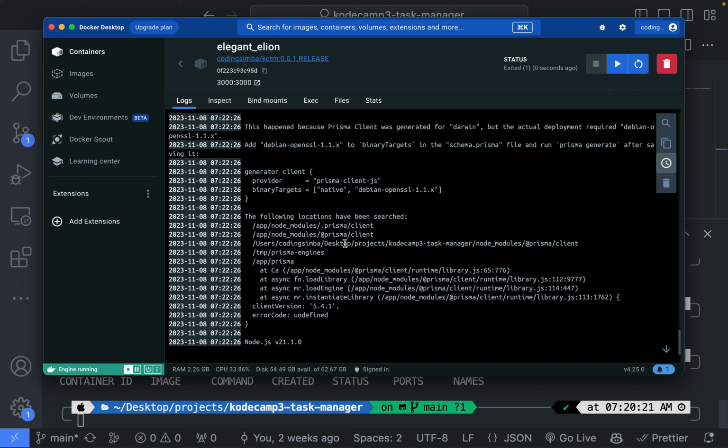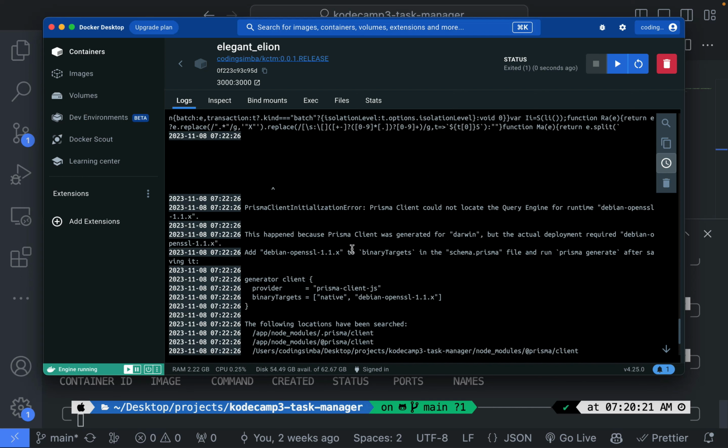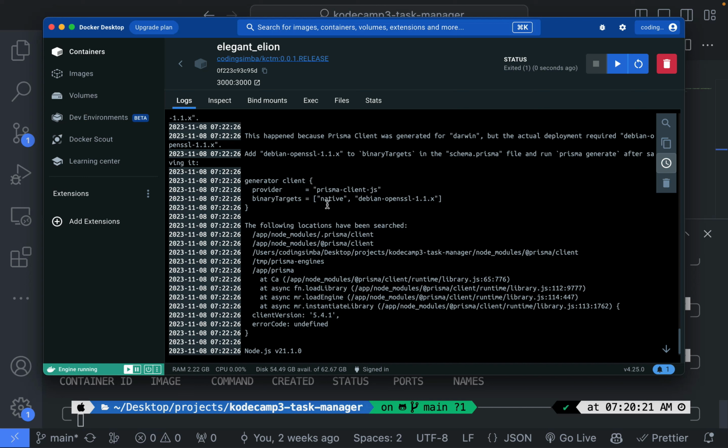We're getting an error. Prisma, blah blah blah. It's like Prisma is giving us an issue here. As you can see, Prisma client could not locate the query engine for runtime Debian OpenSSL, because as you can see, it's automatically added native Debian OpenSSL 1.1. This is due to the fact that